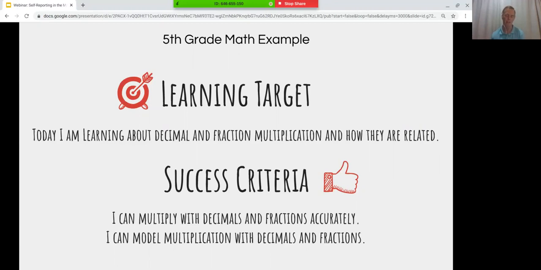And as a teacher, I was a horrible closer of lessons. I would say, hey guys, the class will come to an end, why don't you work on your homework? And the class would just kind of fizzle out. Now, by posting this learning target and success criteria in the beginning,